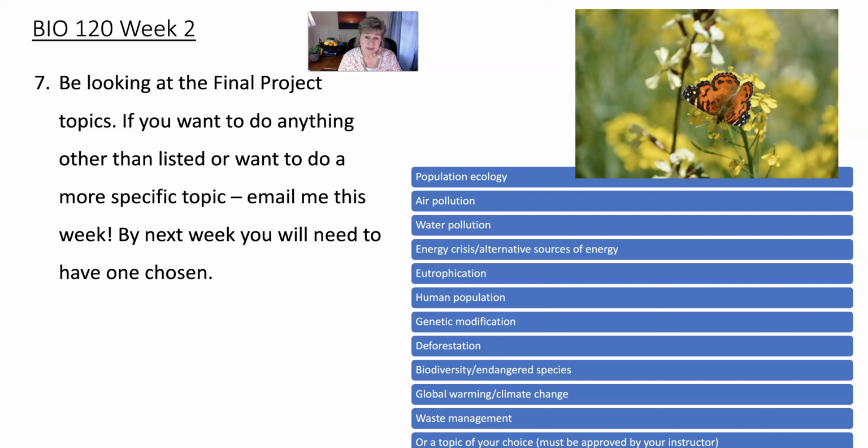But I would not say water pollution everywhere, all over the whole surface of the earth. Okay, that doesn't make any sense. The energy crisis and the burning of fossil fuels, that's a good one, and possible alternative sources of energy. Eutrophication is the aging out of waterways, and also this includes algal blooms, which are very important for some states.